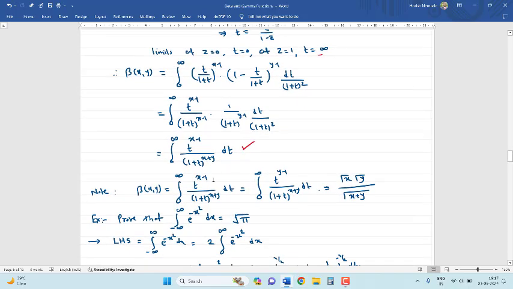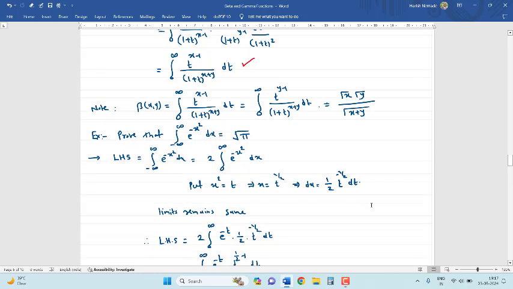Note that here beta(x,y) is equal to the integration from 0 to infinity of t raised to x minus 1 upon (1 plus t) raised to x plus y dt. So here we can change the variable x by y. So this is equal to the integration from 0 to infinity of t raised to y minus 1 upon (1 plus t) raised to x plus y dt. So here we can interchange y by x, and this is the value equal to, in terms of the gamma function, gamma x into gamma y upon gamma x